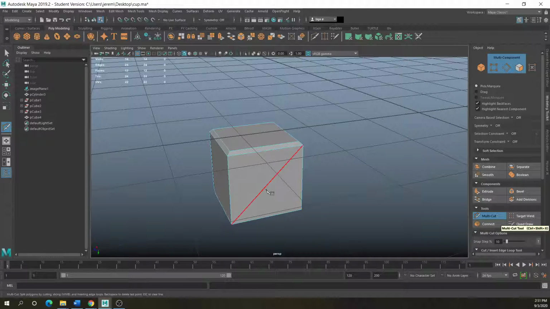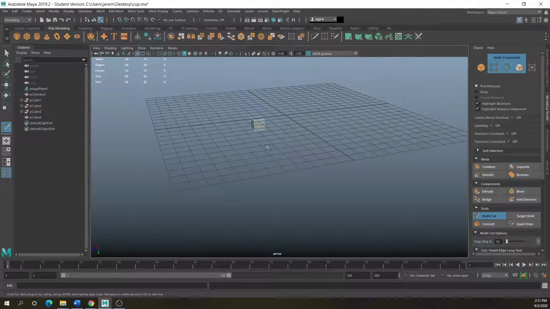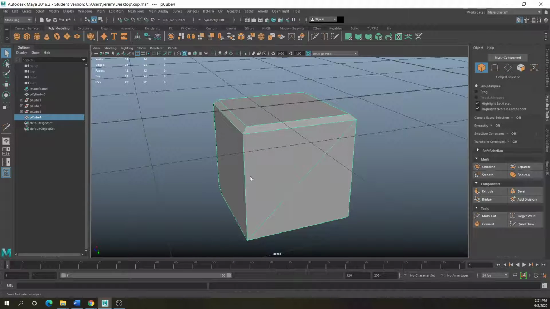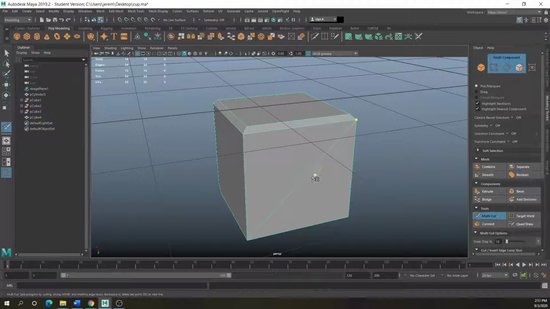Say if I wanted to get right in the middle of this division, I would hold the multi-cut tool over and press shift, I'm sorry, and it'll take you right to the middle. So now I have one directly right in the middle.